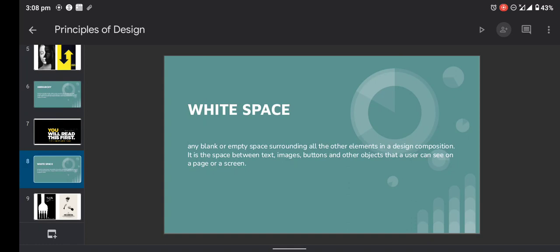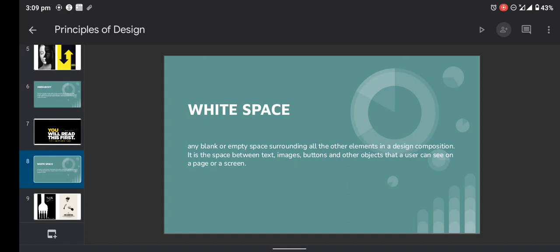White space is just a space, let's say, where there is no text, where there is no image, where there is no button and other objects. And what white space does is that it gives your design a breathing space, so you don't chunk things up together, or jam pack them in one place. It's not nice at all. So your design should have